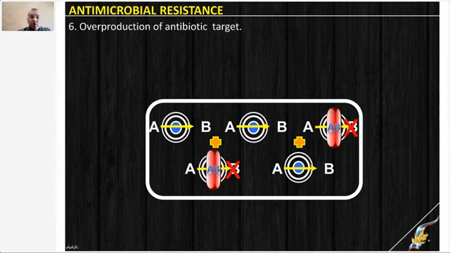It will be produced in so high amount that the dose of antibiotic we gave will not be sufficient to block every target. And bacteria, again, will lose some number of targets, some number of enzymes. But in general, the amount of newly appeared targets will be sufficient to continue life, and bacteria will not be seriously affected by the drug. So very often in clinical and routine practice, we see cases when bacteria have multiple mechanisms.